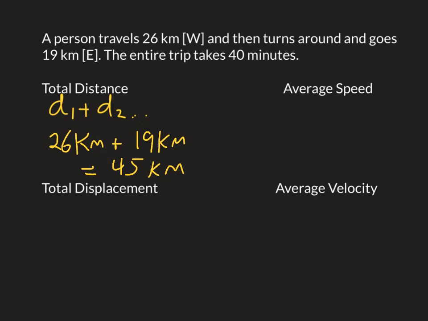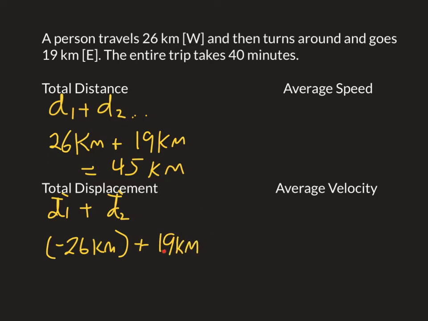But let's now go into displacement. Displacement is displacement 1 plus displacement 2. Notice again, I'm still adding. Okay, the problem is one of these numbers is positive and one is negative. The fact that this person went 26 kilometers west, remember that's a negative direction. Okay, 19 kilometers east, that's a positive direction. So what I'm going to do mathematically, and I would use brackets, you don't have to, is negative 26 kilometers. Okay, I turned that direction into a positive or negative, plus 19 kilometers, and this one is positive